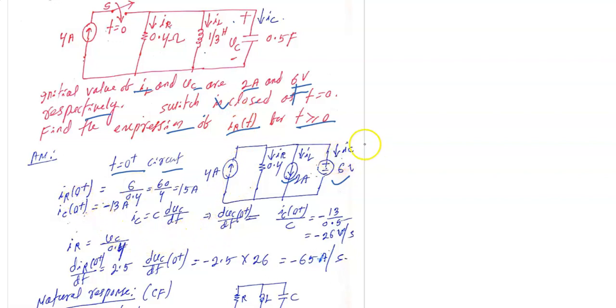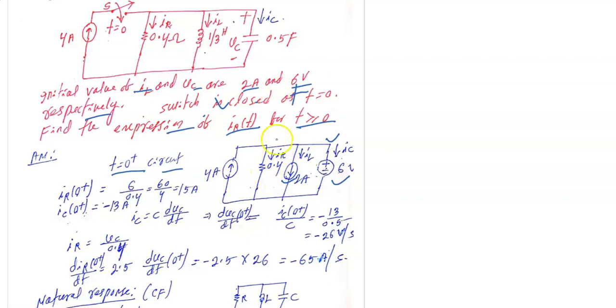So you can easily find the I0 IR, with very simple manipulation, because you see that this 6 volt appears directly across, regardless of the 4 amp or 2 amp,